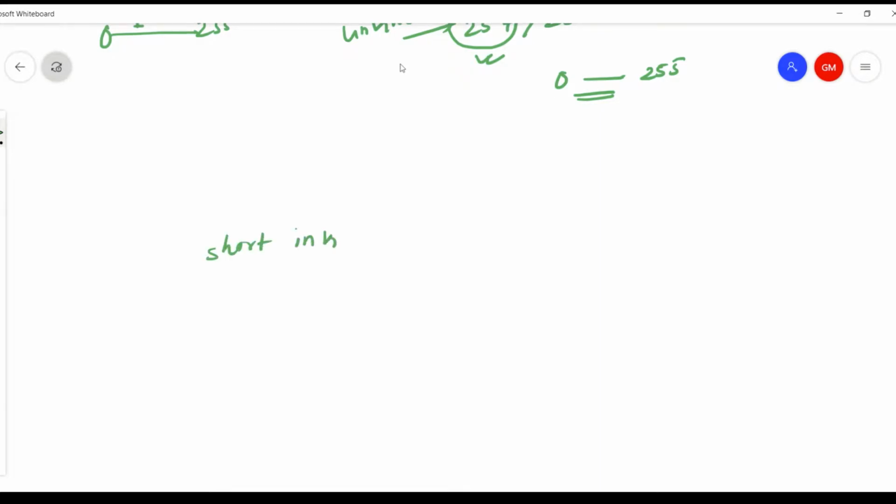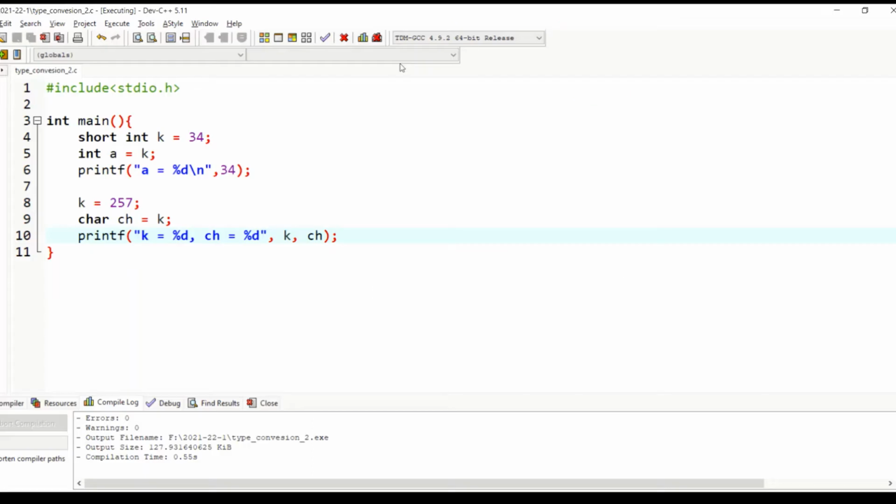Short integer k. I'll try to assign a value which is greater than the range of short integer. So how to know what is the maximum value a signed short integer can store? Let me show you. Let's go back to the compiler.